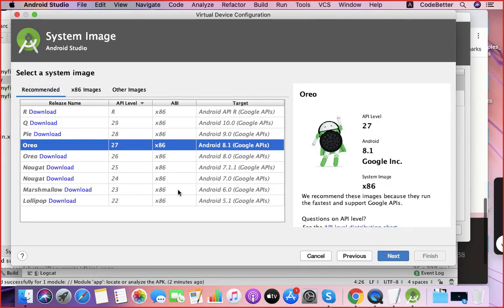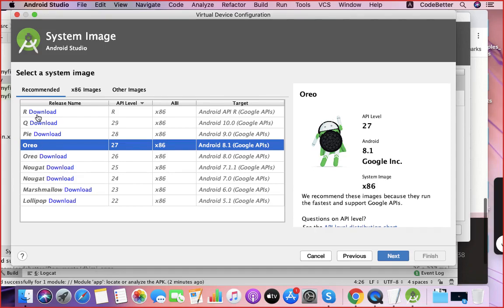So there are various OS versions. One, as I told you, Android 10 is known as Android Q. Android Pie is Android 9. Oreo is Android 8. Okay, and the upcoming Android 11 is given here as R.